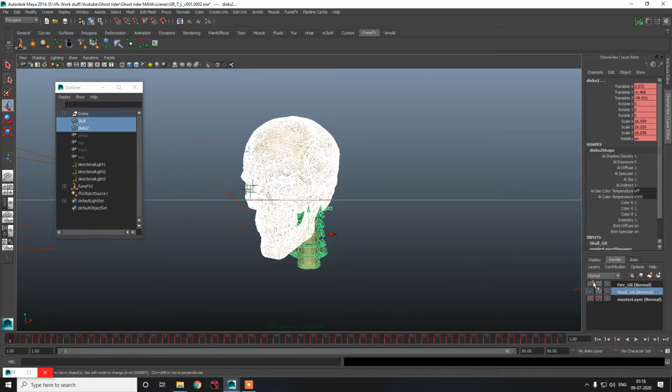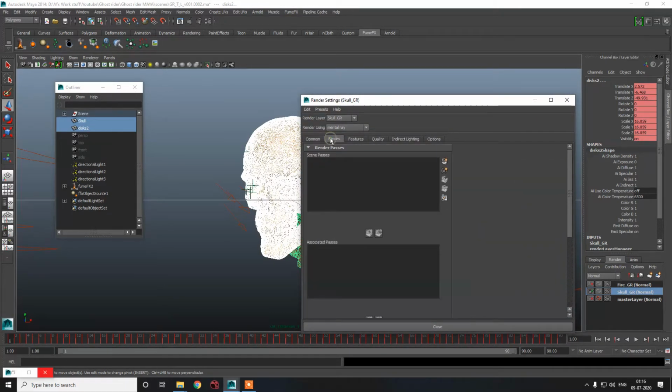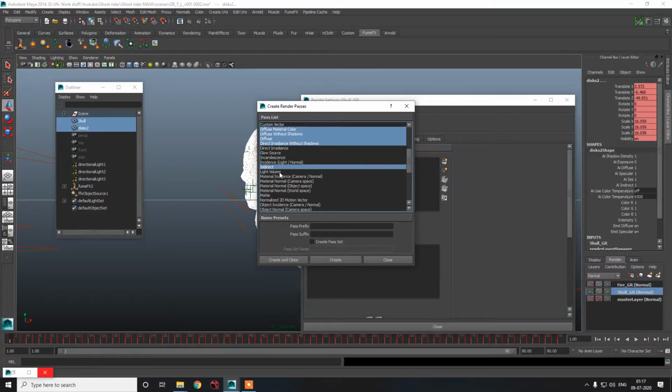Okay, so let us just disable this for now and go into render settings. We need to work on passes, so we'll go to passes and create a new render layer. So what do we need? We need beauty, which must be without reflection. Though it's better that you take as many passes as possible: diffuse material, direct irradiance without shadow, definitely indirect lighting,